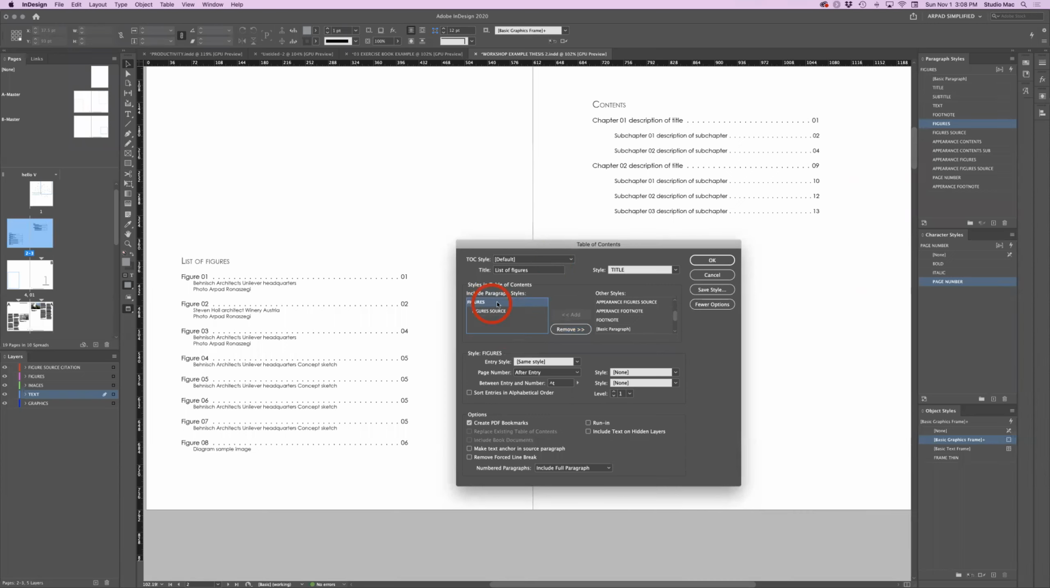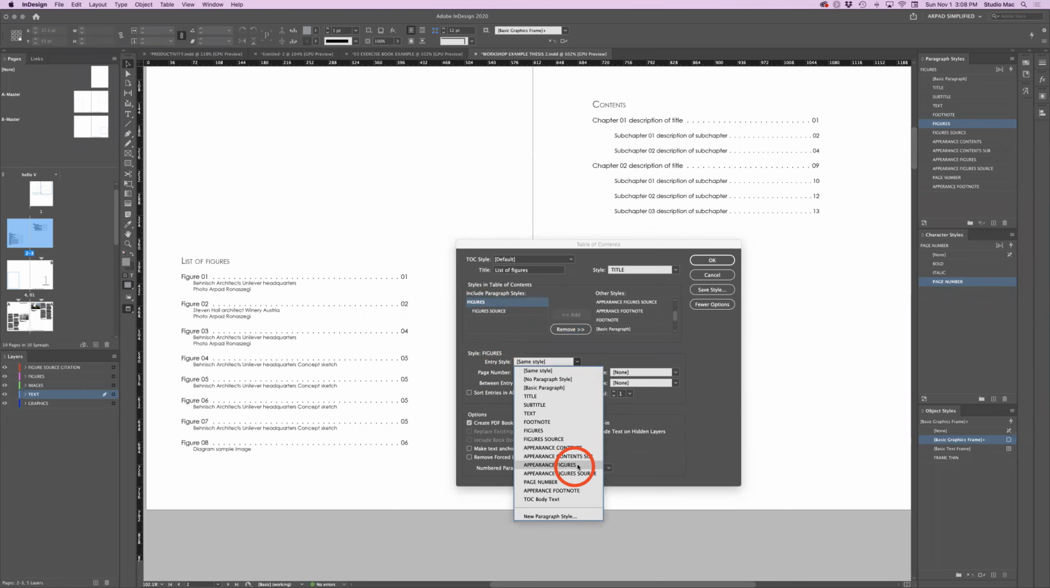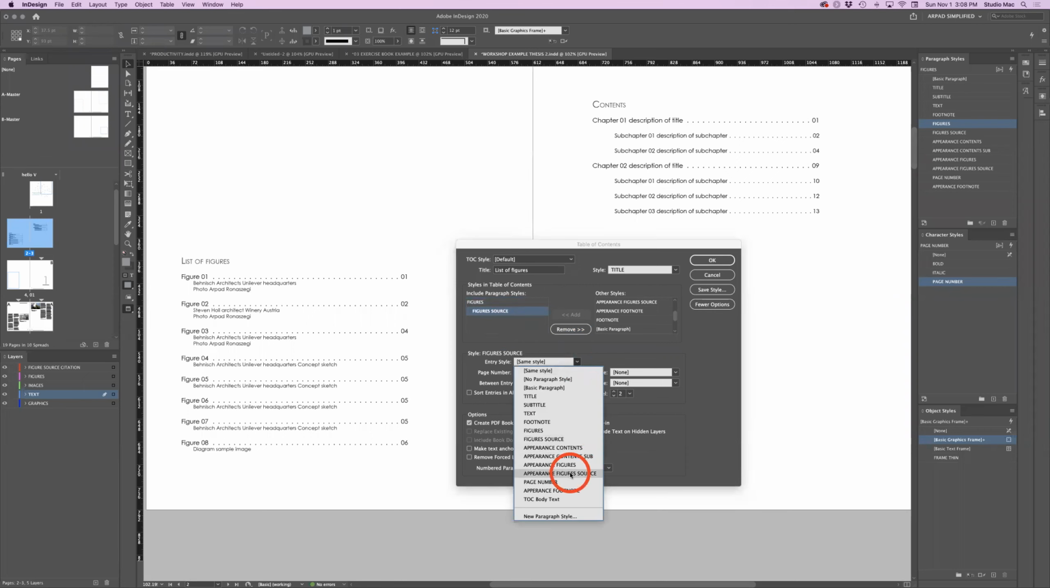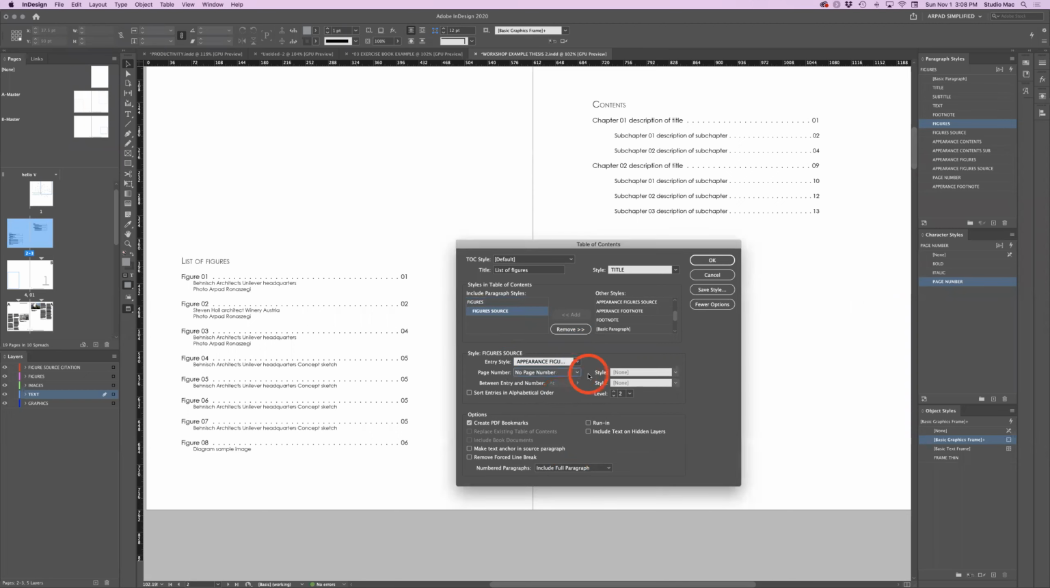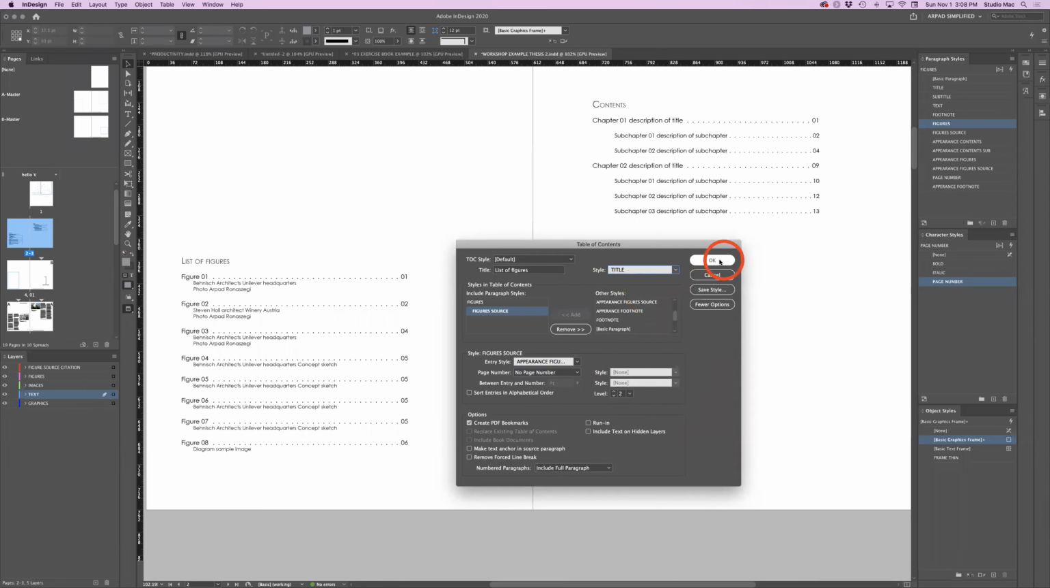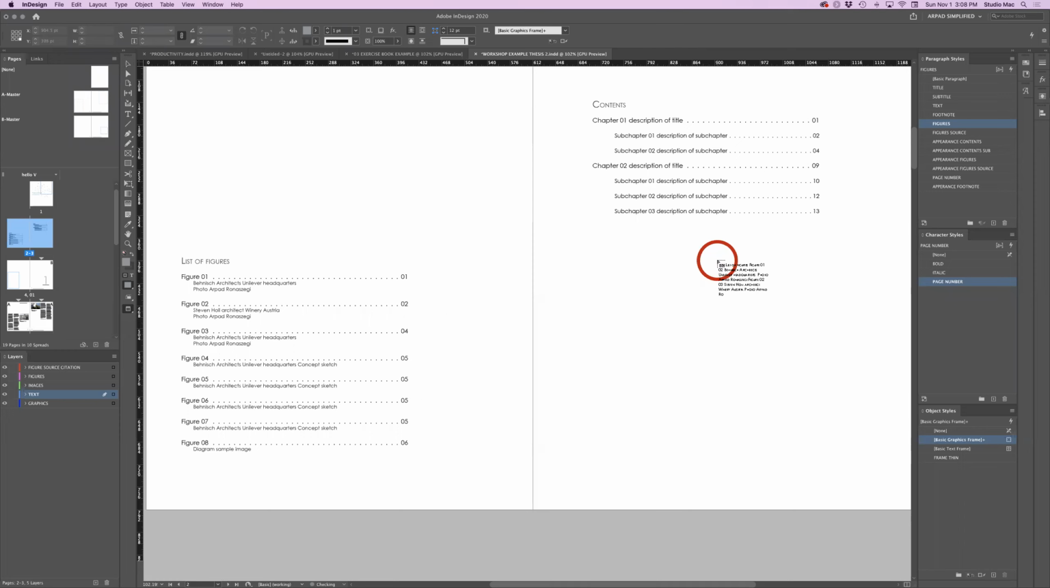Okay, so did this. So select the first one again, figures, entry style, and I will select, I want it to look like appearance figures, and I want a page number after the entry. For the figure source, I select appearance figure source, but I do not want a page number, so I select none, no page number. Okay, now the title, which is called list of figures, how do I want it to look like? I actually want it to look like the style I assigned as title. Okay, so we say okay,